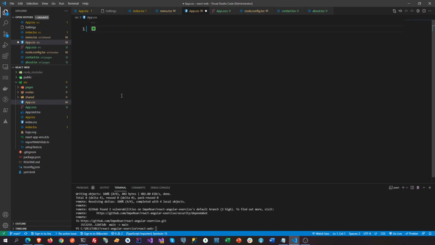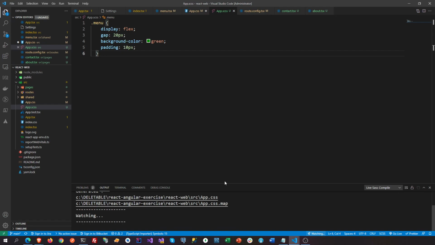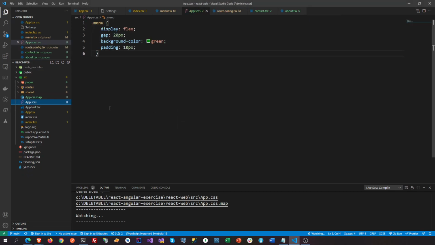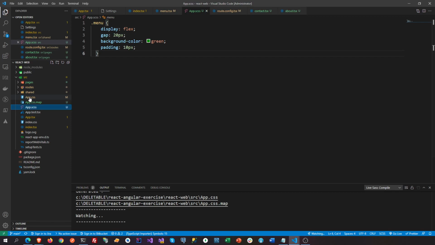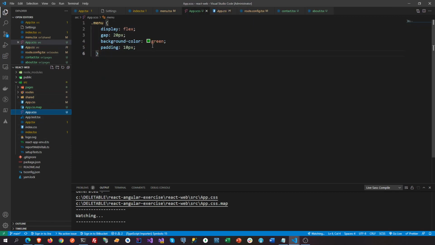Okay, so just copy this one and put this on CSS, and we're gonna watch CSS. We're going to build. Okay, so let's remove this and then remove this. Okay, so let's see if it's going to build us CSS. Give me some CSS, baby. All right, okay, we have some CSS there,